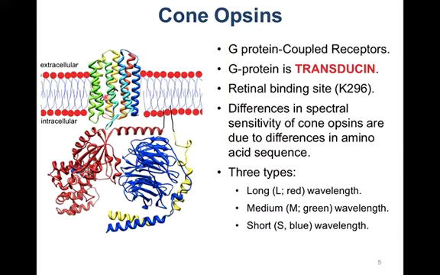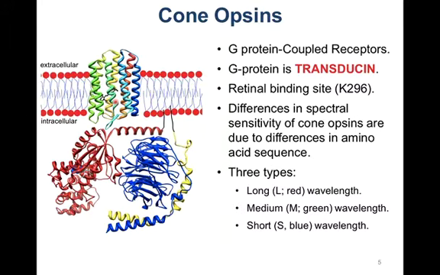And then what about the differences in spectral sensitivity, right? We know that rhodopsin is maximally sensitive at about 500 nanometers, but the blue and green and red cones express opsins that have peak wavelength sensitivities in those color regions. So what accounts for that shift? What accounts for that shift is the binding pocket around the retinol will differ based on changes in amino acid sequence. So there's a lot of homology between rhodopsin and the short, medium, and long wavelength sensitive cone opsins,